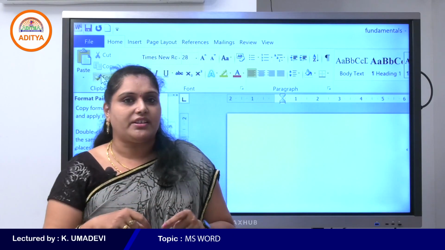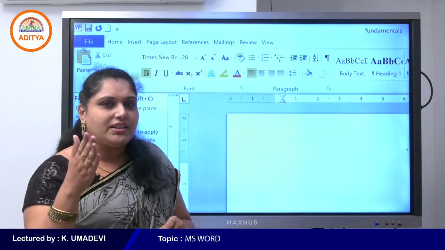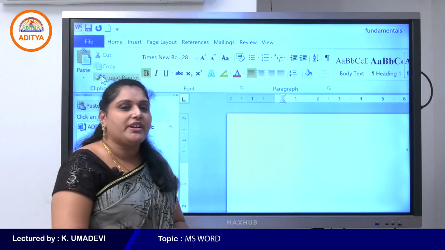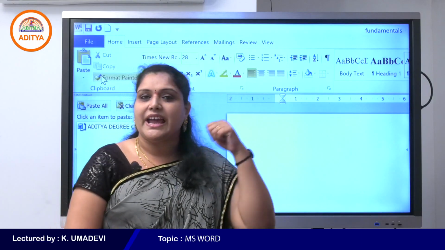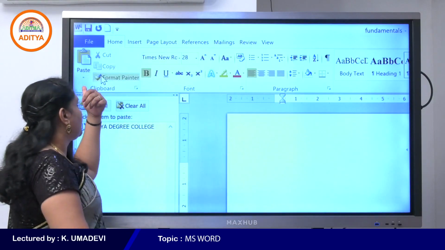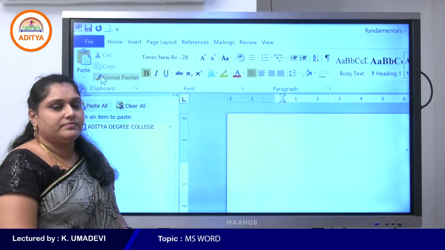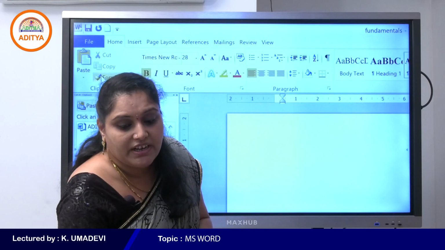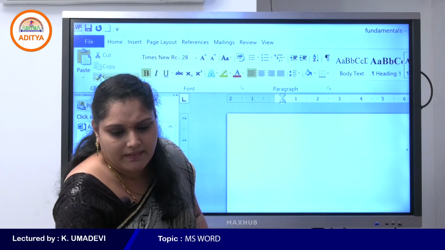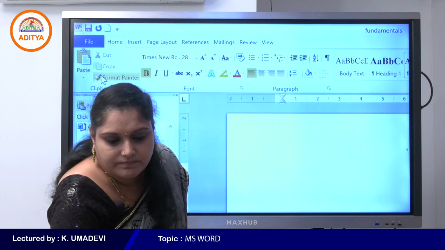Again, we can use shortcut keys to cut and paste. What is the shortcut key for the cut command, students? This is the direct method, because we use the cut and paste commands on the ribbon. What is the shortcut key for the cut command? Very good, Lavanya.